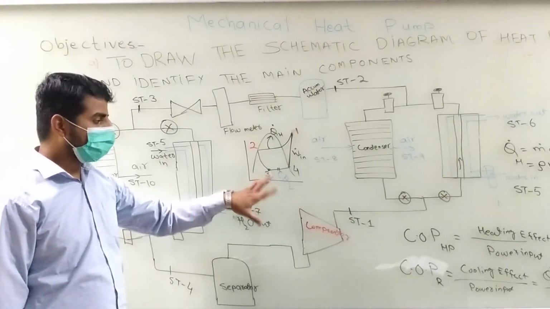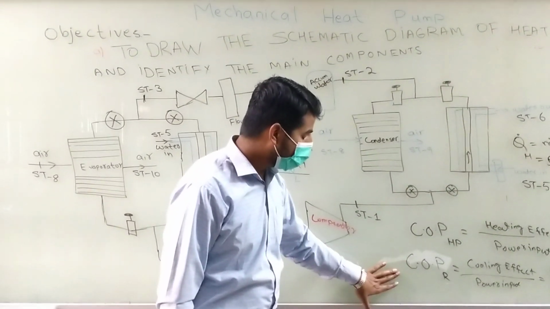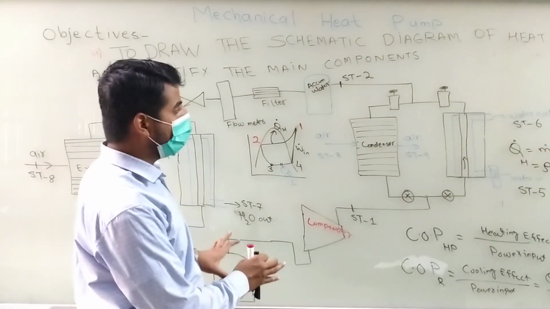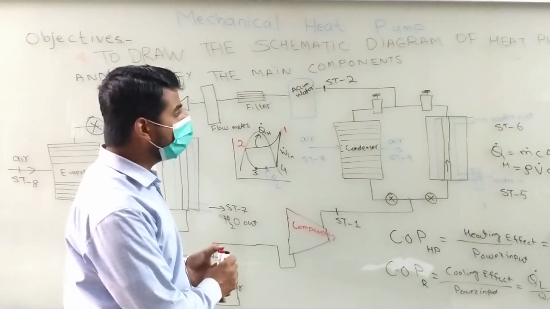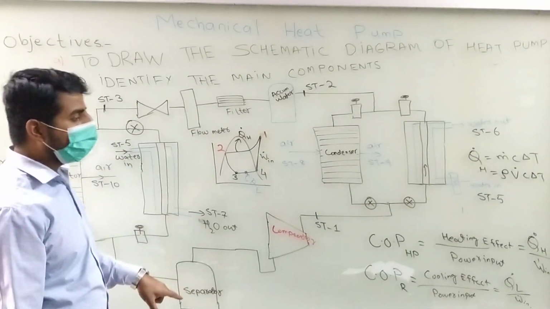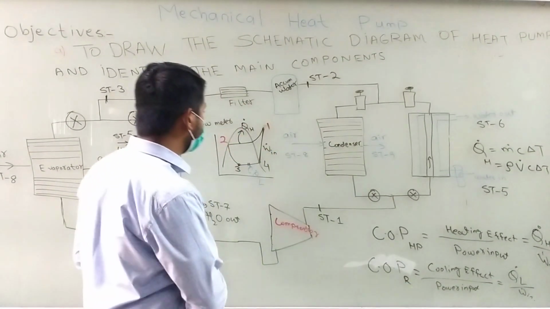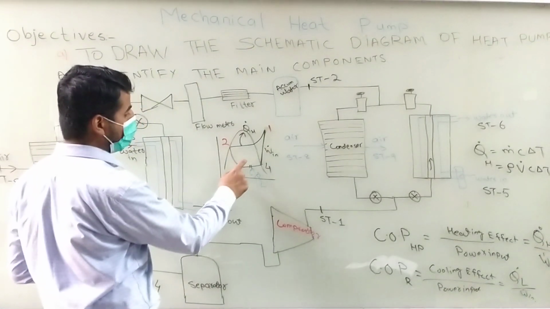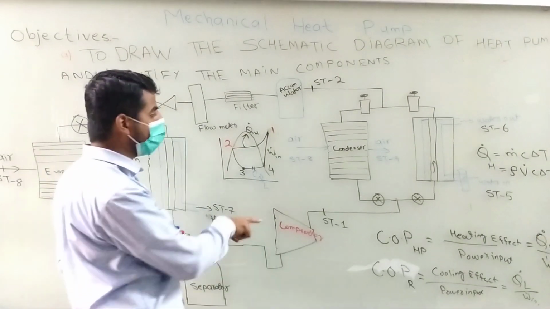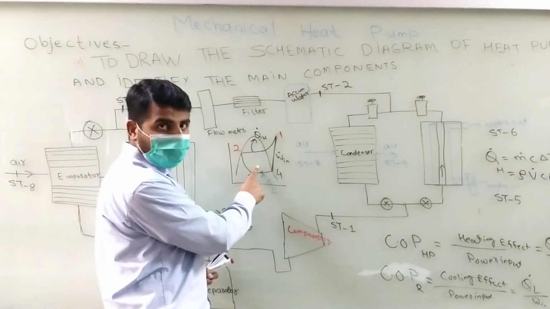So in the second part, you have basically calculated the COP of the heat pump and the refrigerator using the experimental values. What we have done is find out all the values from the water or the compressor input directly. For the theoretical part, if you have to calculate this COP, the heating effect and the cooling effect theoretically, you have to first draw this TS diagram or the pH diagram. Preferably you have to draw the pH diagram because that will give you these values directly. So you have to draw the pH diagram of the vapor compression cycle.